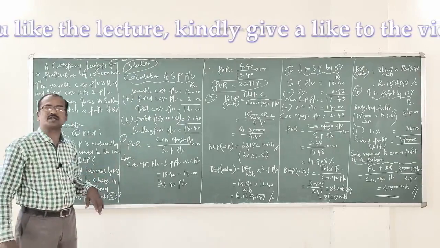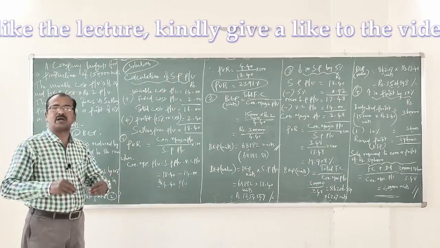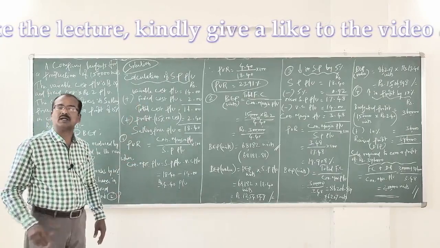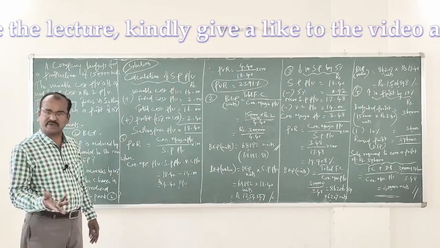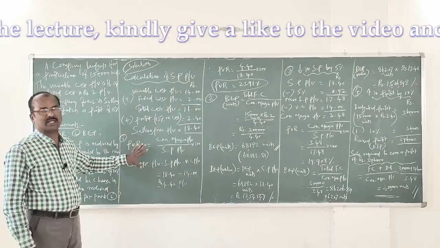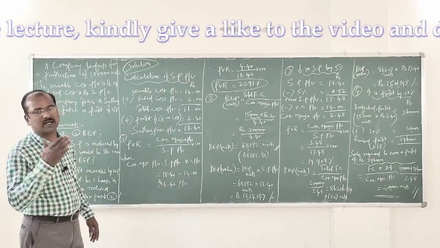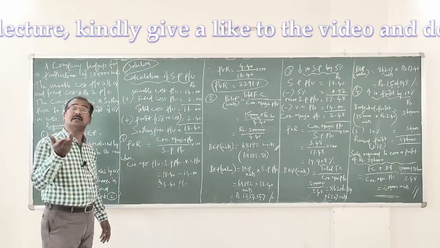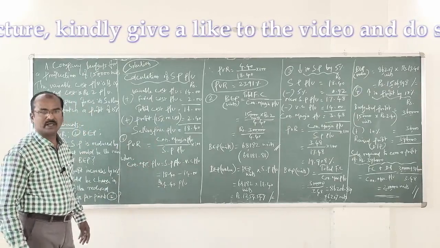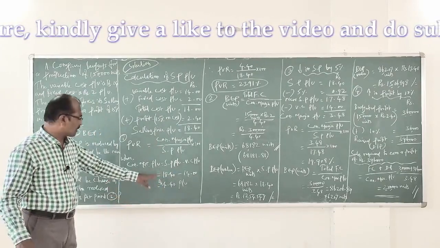What is the first one? Calculation of profit volume ratio. The formula is contribution divided by sales into 100. This is for the total contribution and the total sales. But here we are informed about the per unit variable cost, fixed cost, selling price and so on. Therefore, it is good to customize the formula as per the requirement of the situation. Contribution margin per unit divided by selling price per unit into 100 will definitely help us to calculate the profit volume ratio. Now how to calculate contribution margin per unit? Selling price per unit minus variable cost per unit will give us contribution margin per unit.